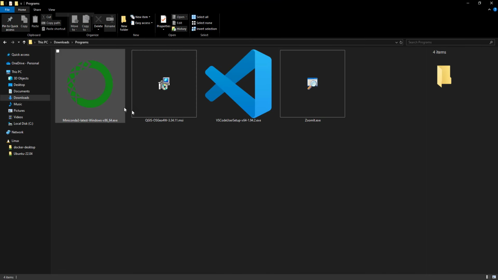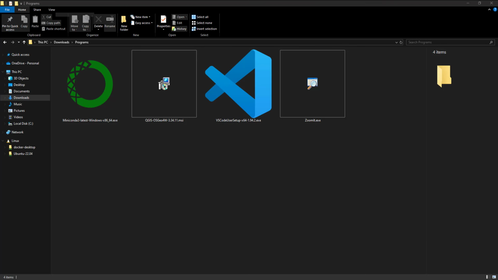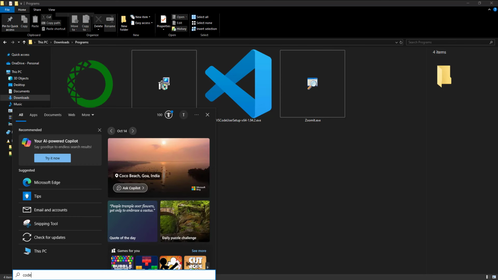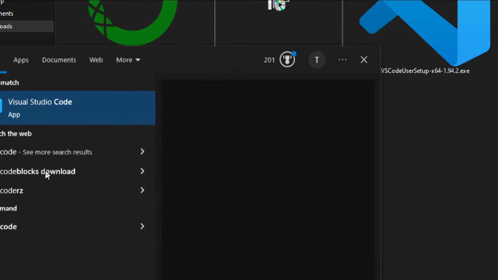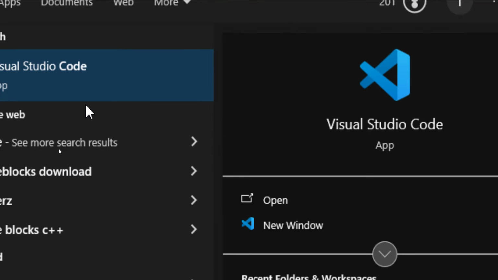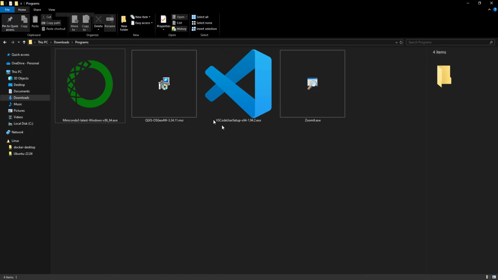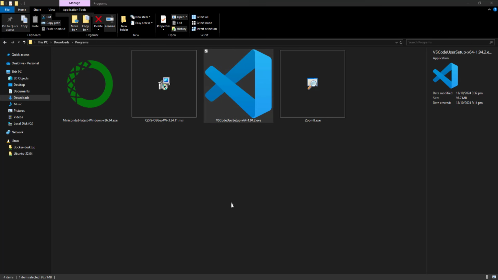So now to the VS Code. I already have VS Code installed. If I come and search for code, I think it should pop up. See that I already have Visual Studio Code installed here. So I don't really need to install it twice. But if you follow the normal Windows installation procedure, you should just double click. That is assuming you don't have Visual Studio Code installed. And then